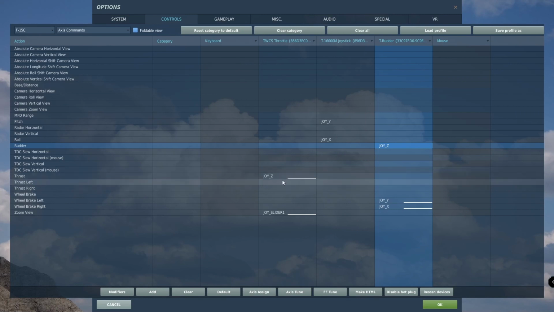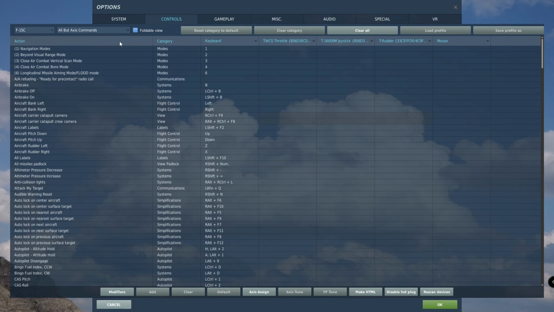We don't need to worry about an axis tune for the thrust, the slider, or the wheel brakes. So our axes are completely set up. Now we're going to go to all but axis commands. Everything's cleared out, and now we're going to search for each individual item we want to set up. So going back to the diagram here,